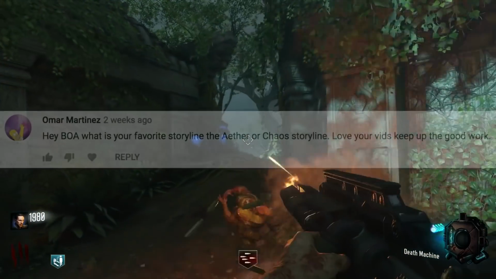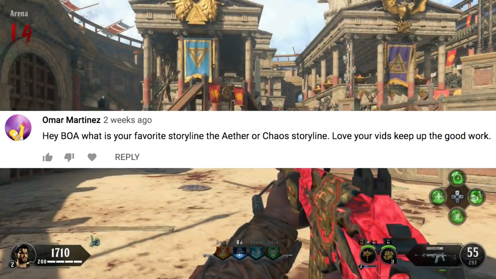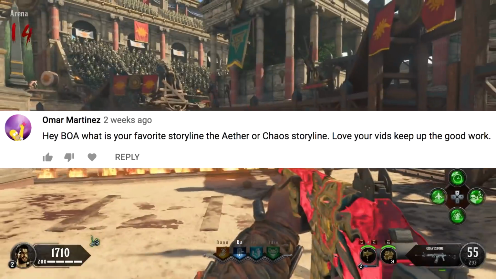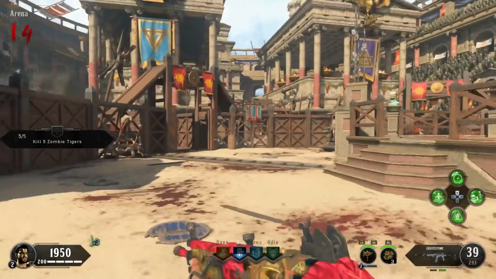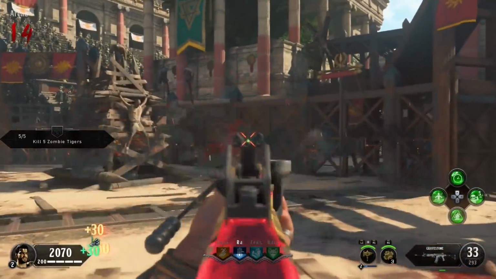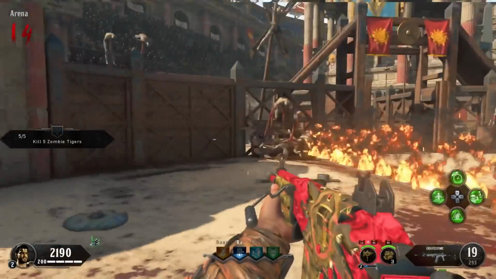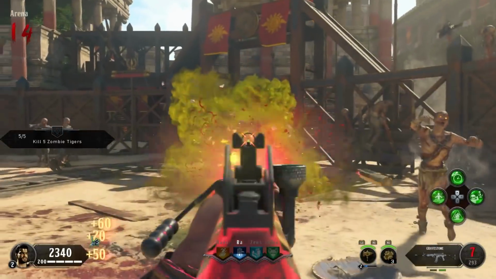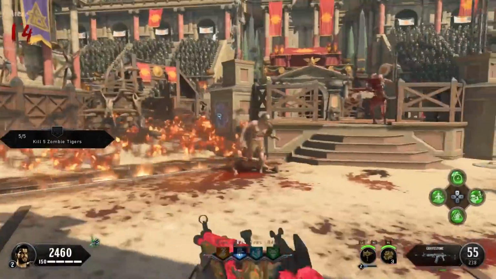I'm not too sure. And then the final question of today from Omar says, "Hey BOA, what is your favourite storyline, the Ether or the Chaos? Love your videos, keep up the good work." So I think this is a pretty easy one to answer, but my favourite storyline is of course the Ether. The storyline of Chaos hasn't gone on nearly long enough for me to say it is better. The Ether storyline has been going on for what, 10 years now, whereas the Chaos has gone on for a few months,